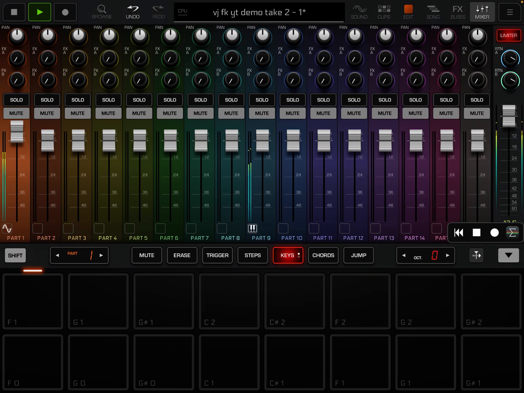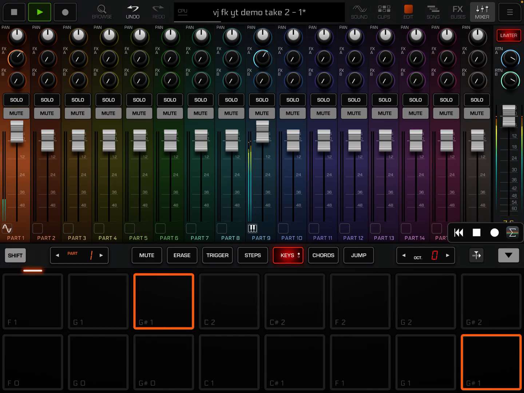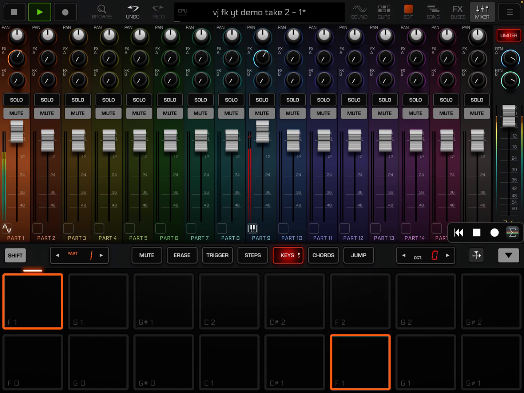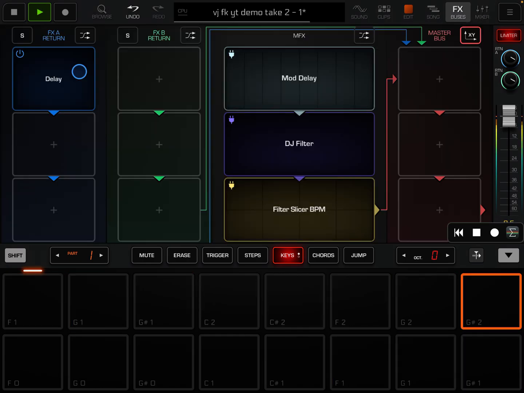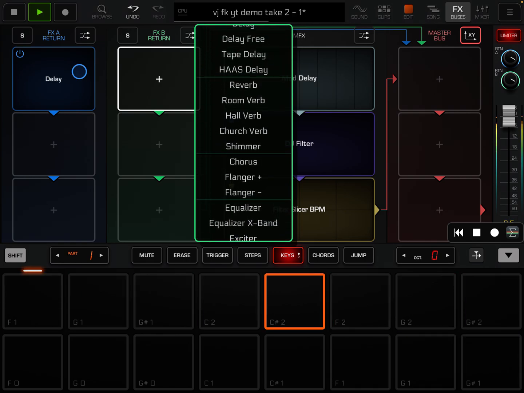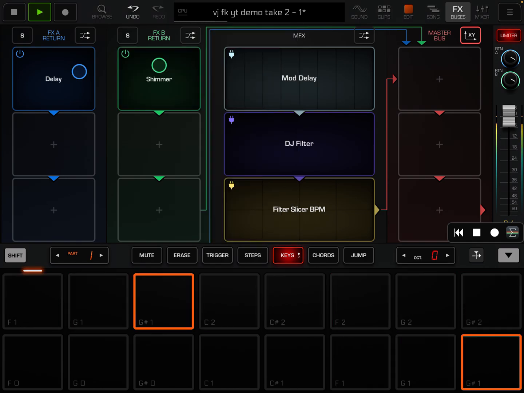Then of course I have to go to the mixer here. I can see my drums are in part 9. And I could add some delay to the drums if I wanted, which can be interesting, but also add some delay to my bass synth there. Then go back to the FX. And then supposedly I can add some reverb there. And shimmer, that sounds interesting, I want to hear that. Oh yeah, and then also,